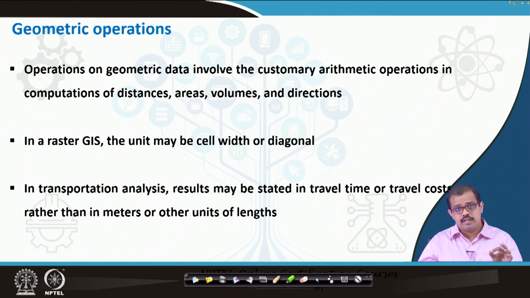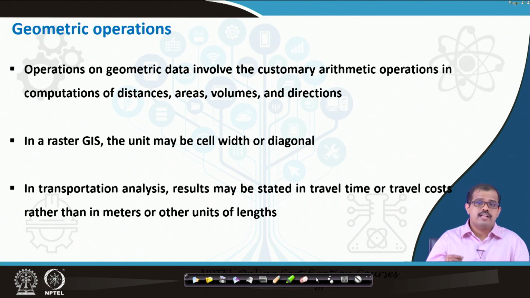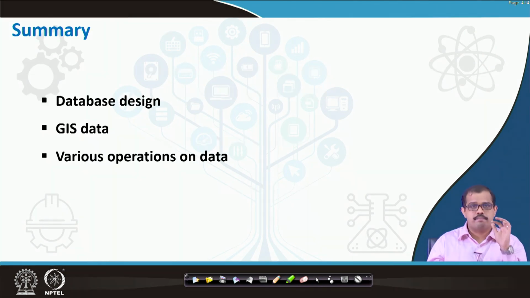Each analysis and each output determines the way the data is to be exported. For example, as I said, in transportation analysis it is better to give travel time and travel cost rather than how many kilometers or meters, or units of length that you may use from time to time. So look at different units. The reports have to be very specifically designed in terms of the queries. Look at every stakeholder, that is very important.